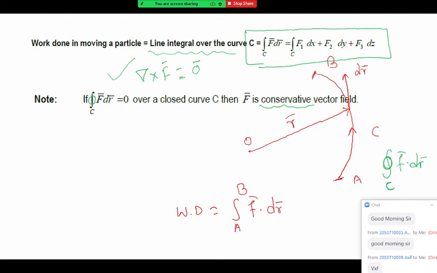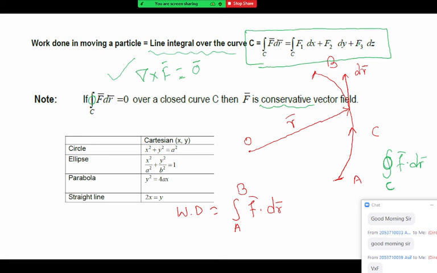So let me come to the parametric equation. First of all, these are some equations that you have in a Cartesian form. Can anyone tell me what is the parametric equation for this circle? x square plus y square equal to a square. This is the Cartesian form. I want its parametric equation.